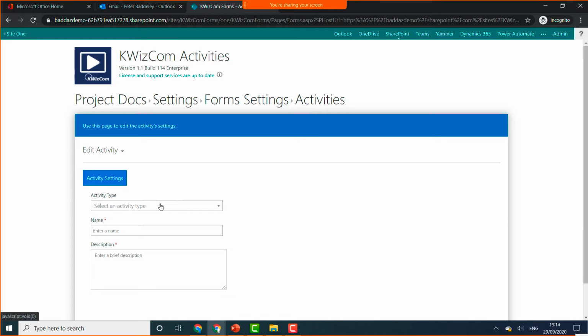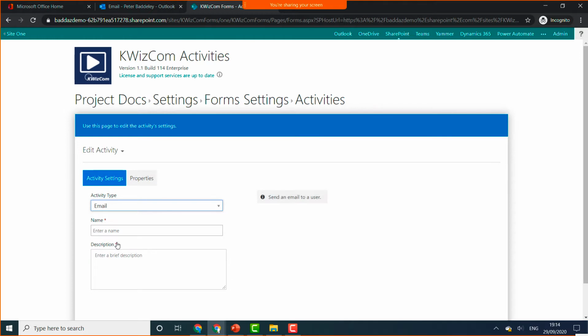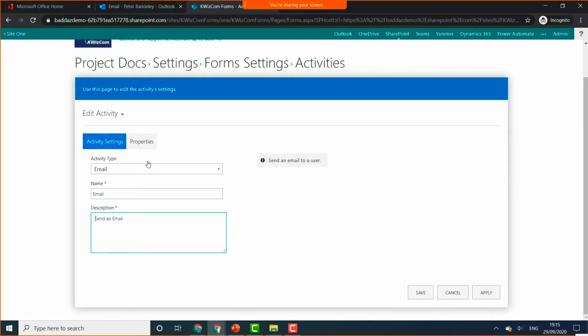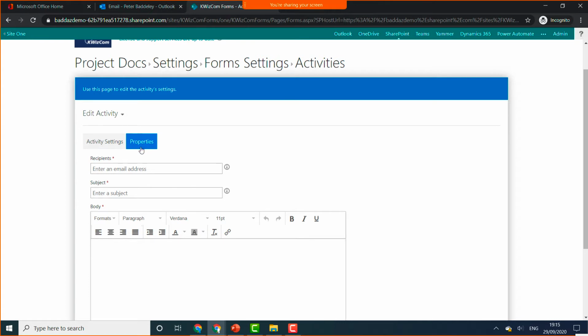So when I come in and I define a new activity, I set what am I going to configure. So I'm going to configure an email, and we'll give it a name. This is just a name which when we actually start to use it, we can look up. So let's say send an email. And then this is where we actually get to defining the properties of what we're going to do. So we can say, well, who's it going to be sent to? So I'm just going to